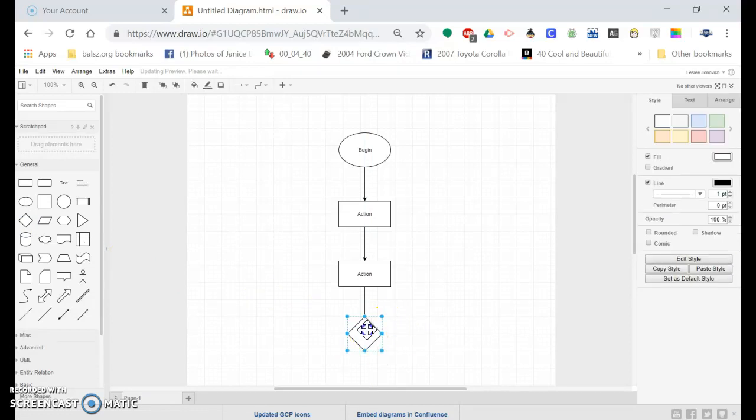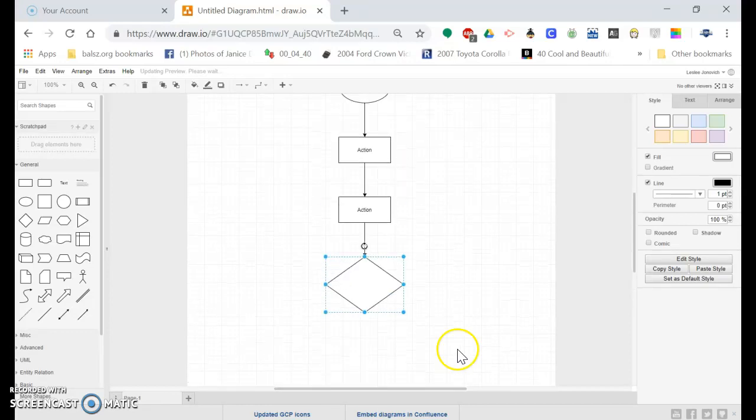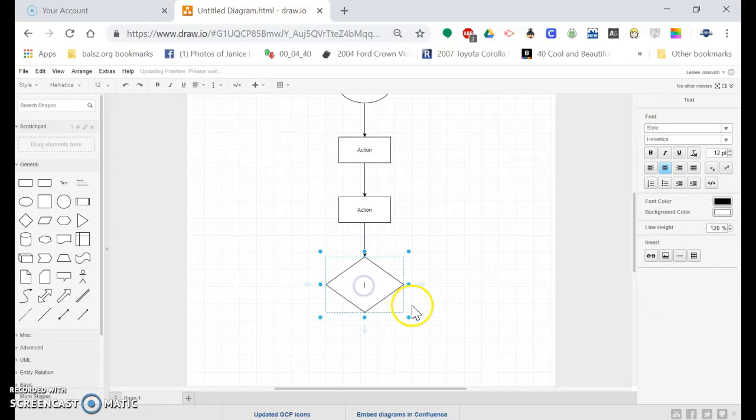All right, I covered up my arrowhead. I don't want to do that. All right, so I've done that. Now the same thing, you can use your arrows to move your shape where you want it. Move your arrows this way. Okay, now all of this stuff will fit on an 8.5 by 11 paper. That means the paper that comes out of